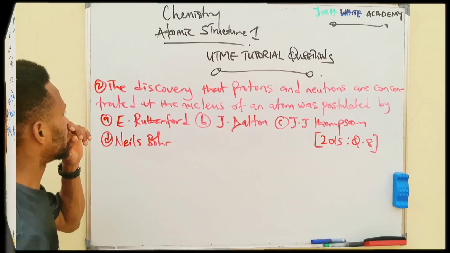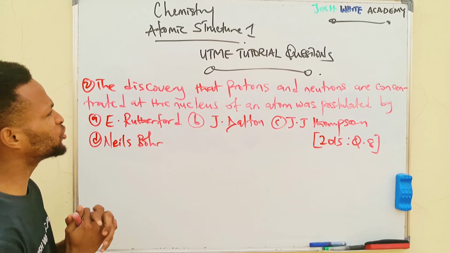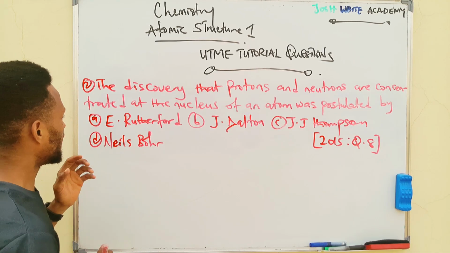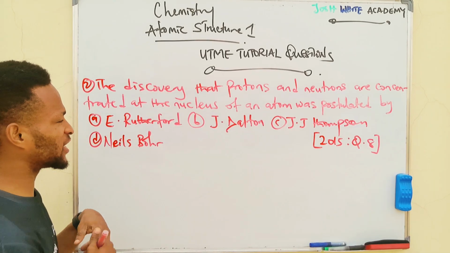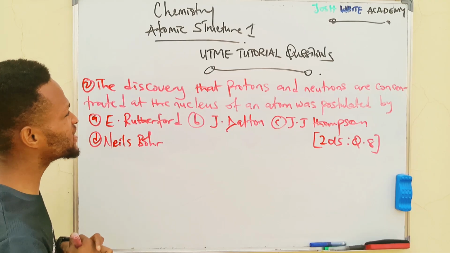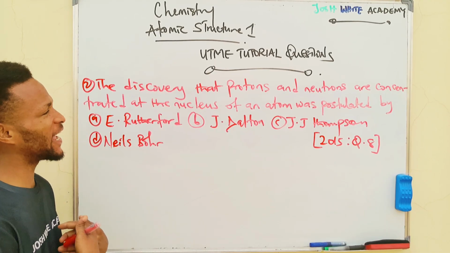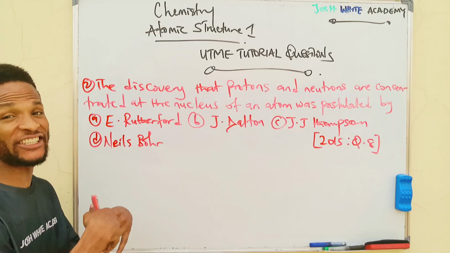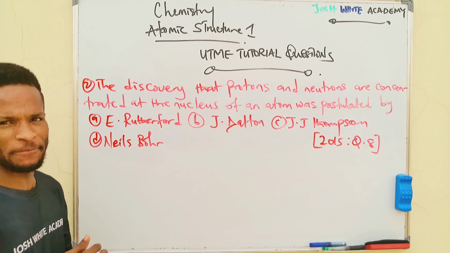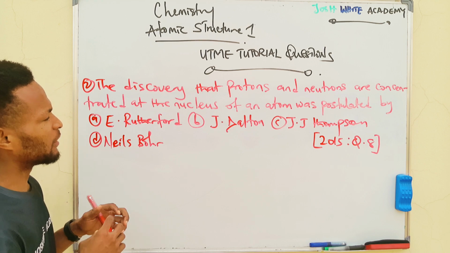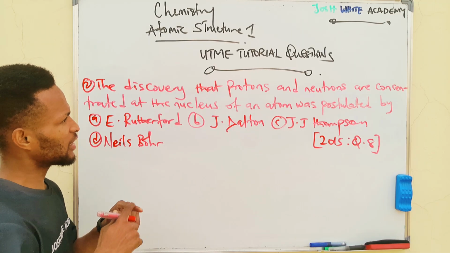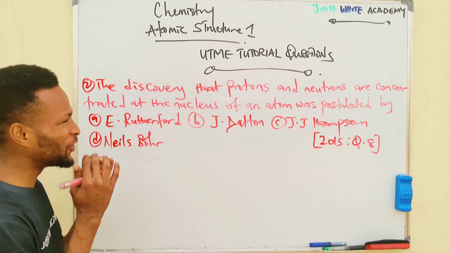To the next question. The discovery that protons and neutrons are concentrated at the nucleus of an atom was postulated by Ernest Rutherford, John Dalton, J.J. Thomson, and Niels Bohr. Remember we said in Rutherford's experiment, nuclear theory of an atom, where he used a gold foil and he bombarded that gold foil with alpha particles, and he noticed that